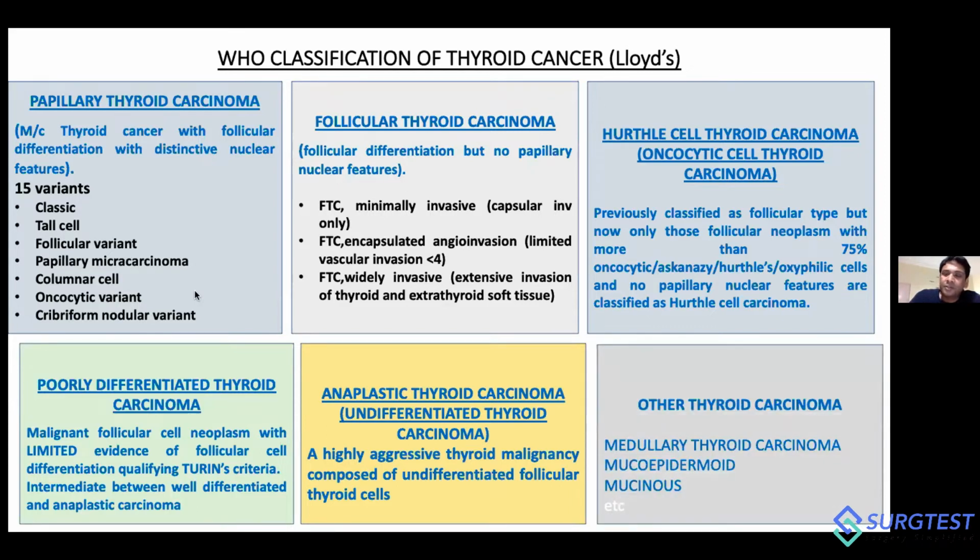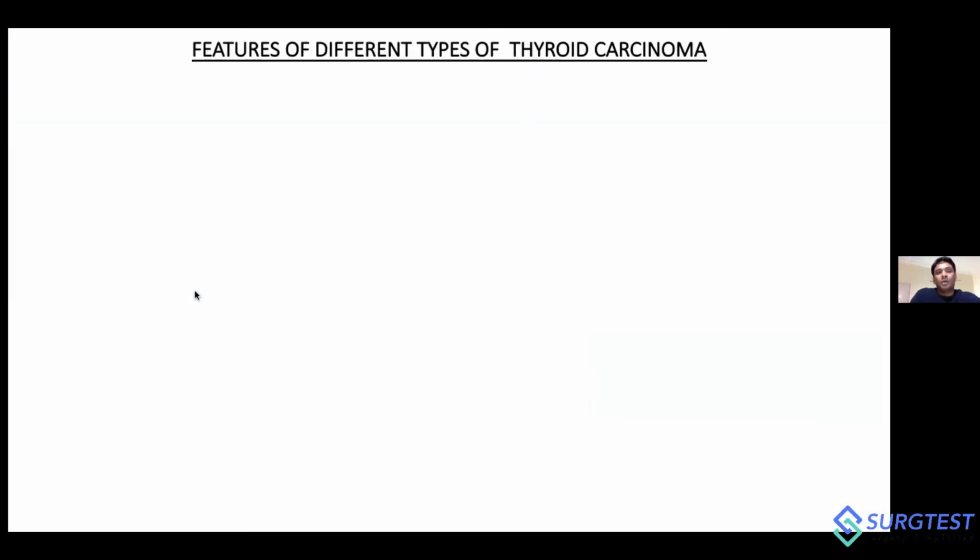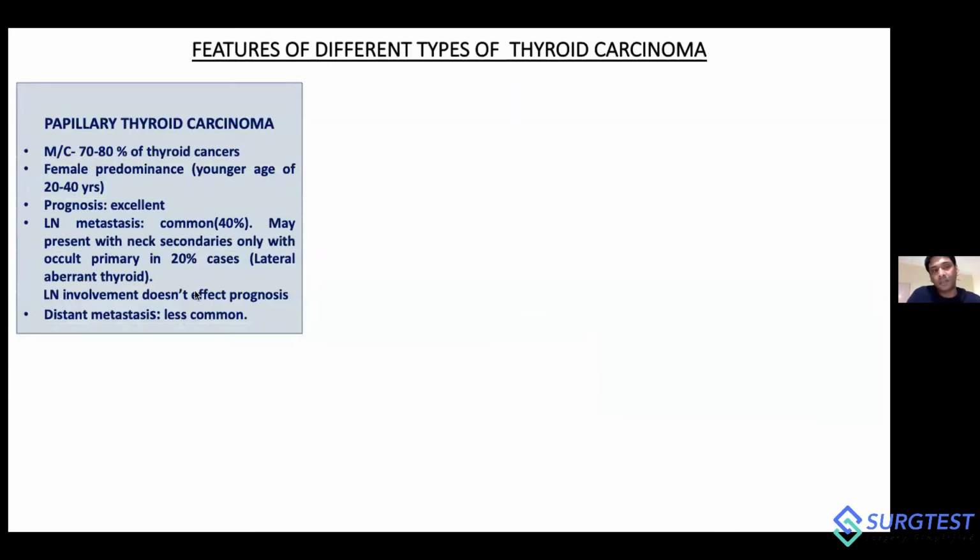And there are other thyroid carcinomas with different pathologies like medullary, mucoepidermoid, mucinous, and many more. So out of the others, we will only be studying medullary thyroid carcinoma as a separate topic. So right now we have these three differentiated, one limited differentiated, poorly differentiated thyroid carcinoma, and one undifferentiated, anaplastic thyroid carcinoma. So these five we will study as a comparison, because in the comparison you will be able to retain all the points. Okay. So whatever points we are studying in the papillary, the same points we will study in all the five types.